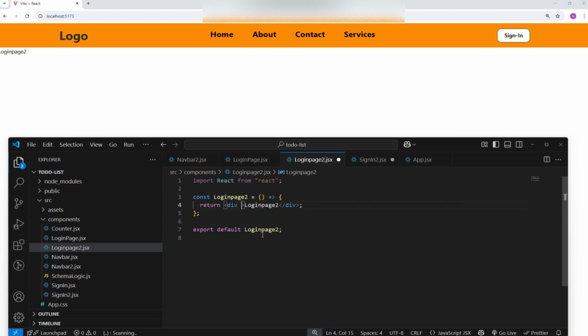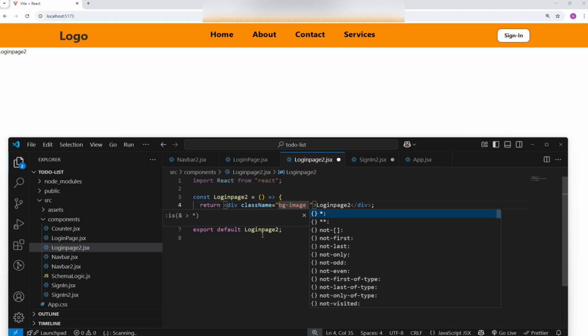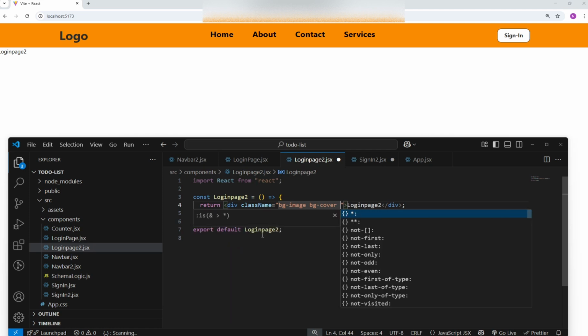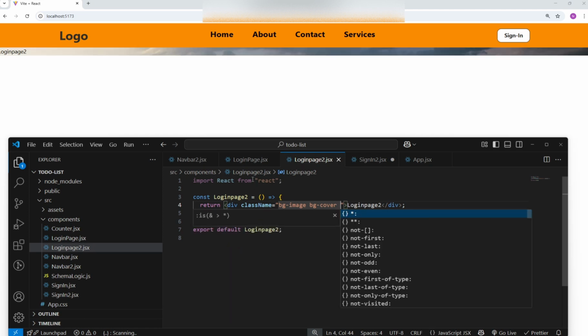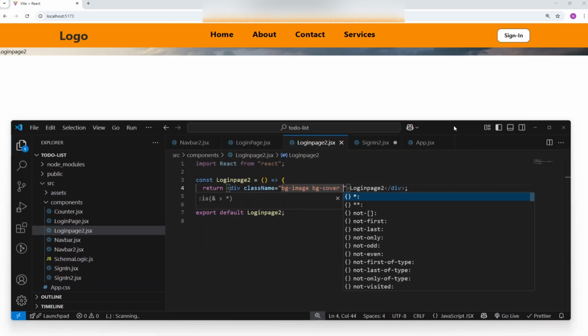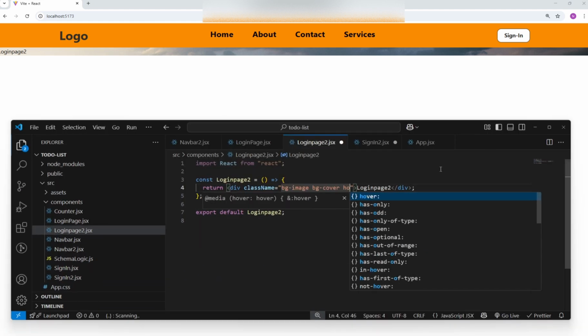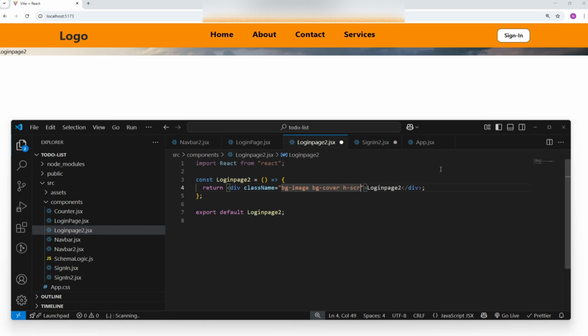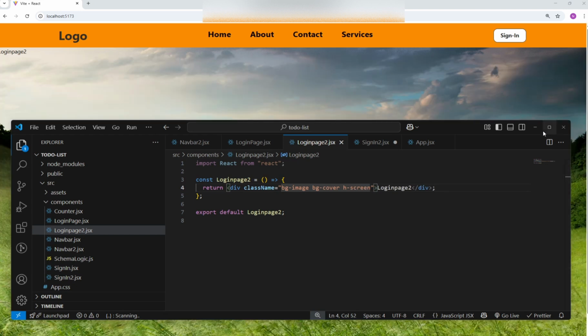So now in this page I will just show my background image that I displayed earlier, and bg-cover property. So now looking at this, just wait a minute, and h-screen, just wait a minute.